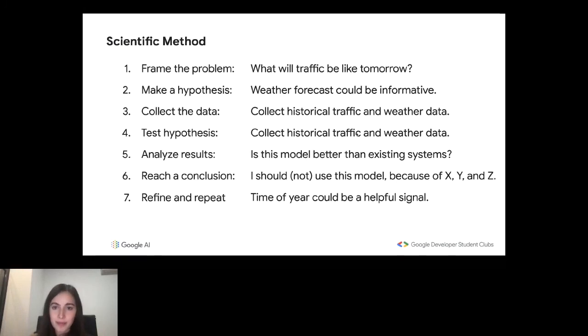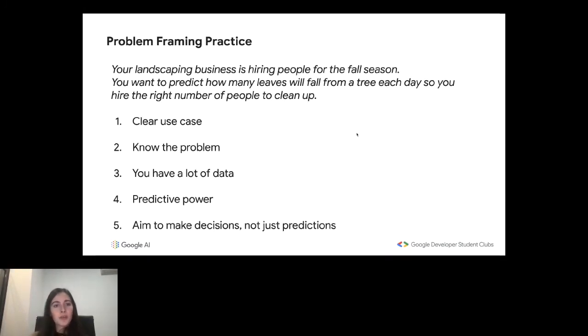Okay. So what we've seen so far is actually trying to frame a problem. What I'm going to show you now is a few slides where I'd like you to do this on your own, and I'll leave it to you as an exercise, since we've already done a few together, of trying to really frame a problem like we've done in the case of the traffic.